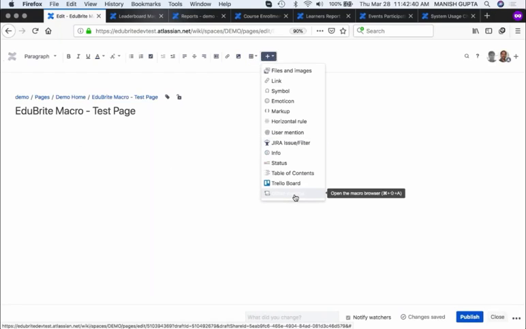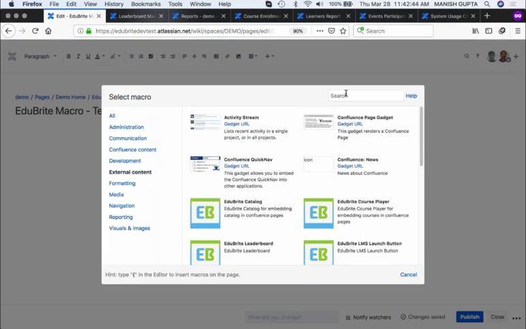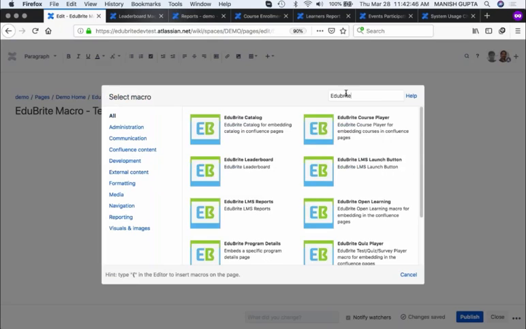At this point, I can go into the other macros area, and I can go to external content, or I can simply search for EduBrite, and once I search, you'll see all these different macros are available. So for example, if I want to